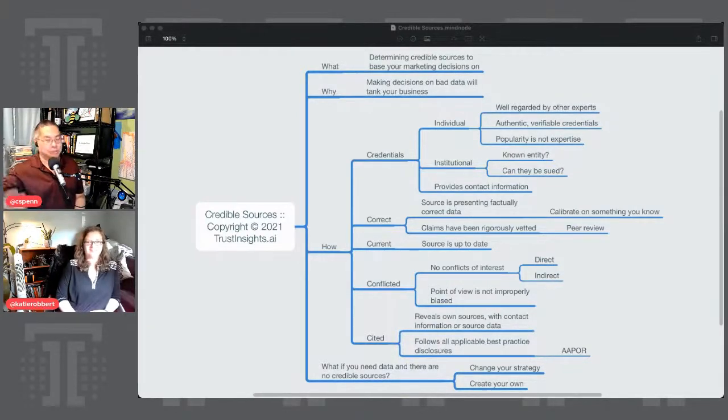Like, the answer is yes, we exist. You can look us up in a business directory, find our IRS tax number, all that stuff. And then at the person level, does the person have authentic, verifiable credentials of some kind? Like when we're looking at people sharing information about a brand new virus, is the person sharing this a virologist? Is this their life's work, or is this some random guy on Facebook, or some YouTube celebrity who is popular but doesn't have any actual expertise in the topic? So I think that's the first area.